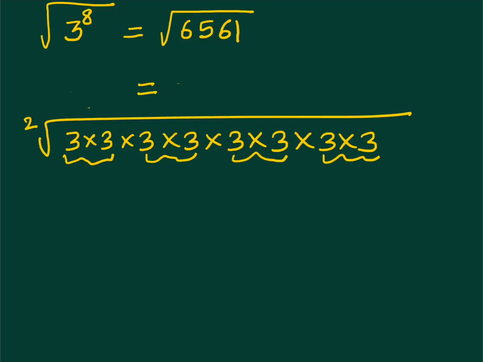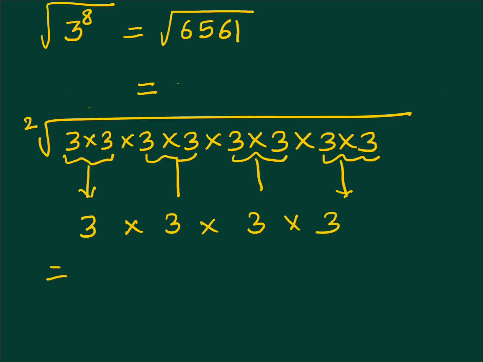That means 2 3's together. So I get a 3, a 3, a 3 and a 3. And what do you get as the answer? 3 times 3, 9, 27 and 81. Look at that. It becomes so easy when you write the number in exponential form in order to find out